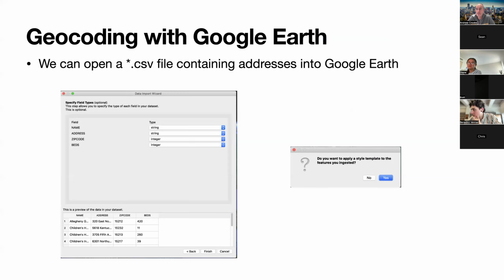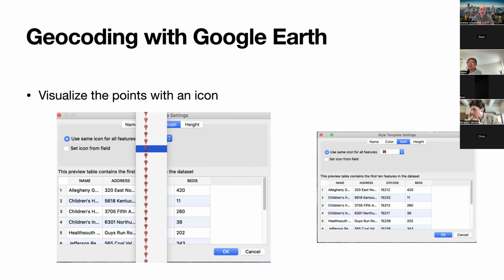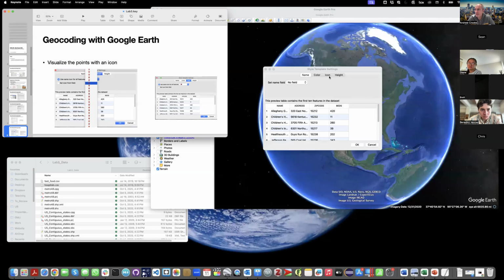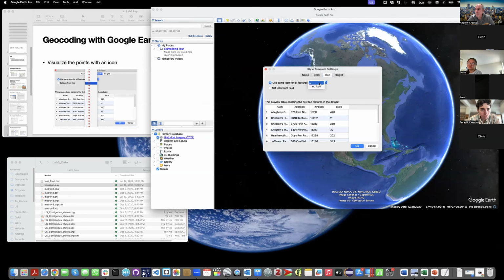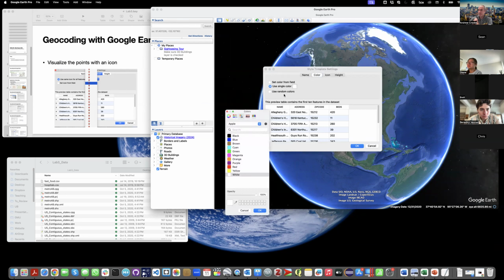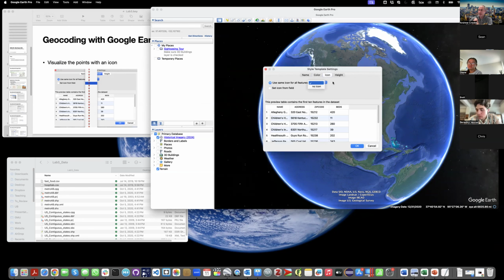And then we can do things with it, right? Once we have the basic information, we might want to visualize these points inside of this. So if we go back to the interface, we can have icons. Sometimes this works and sometimes it doesn't work, by the way. This is an instance where the icon is not working, nor is the color associated with this. So if this happens to you,